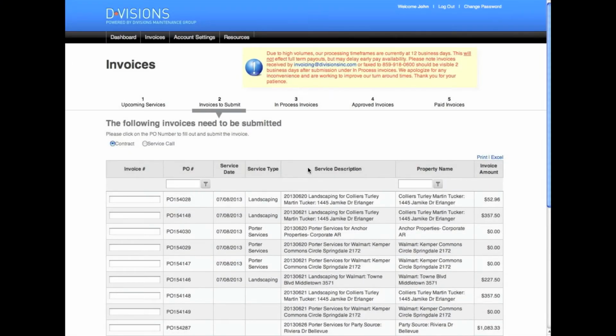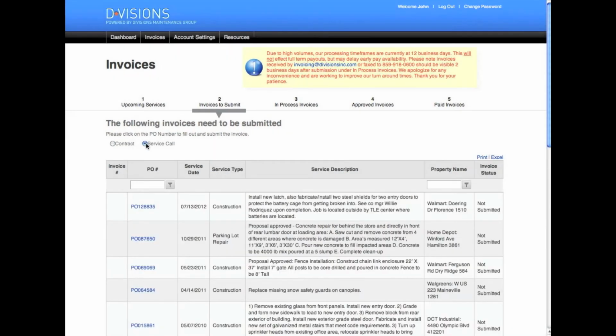Now, let's have a look at invoices for service calls or work that is not part of a contracted service. Click the Service Call button to display the POs that are available to be billed. Invoices will be made available on this screen only after the work has been confirmed as complete. When IVR is required for service, the status will automatically be marked as complete when the technician has checked out